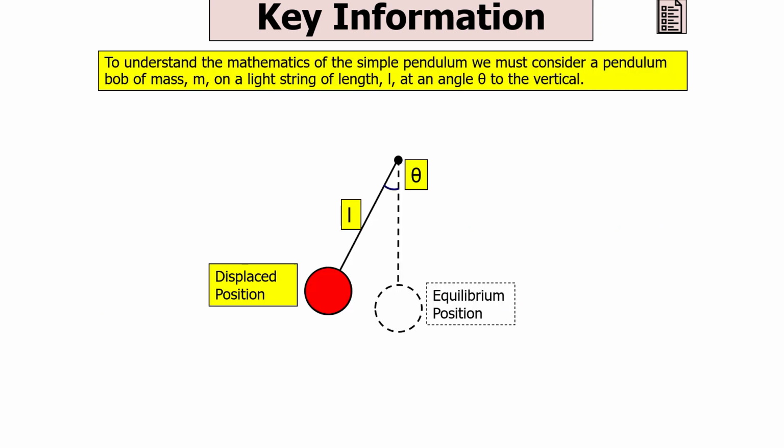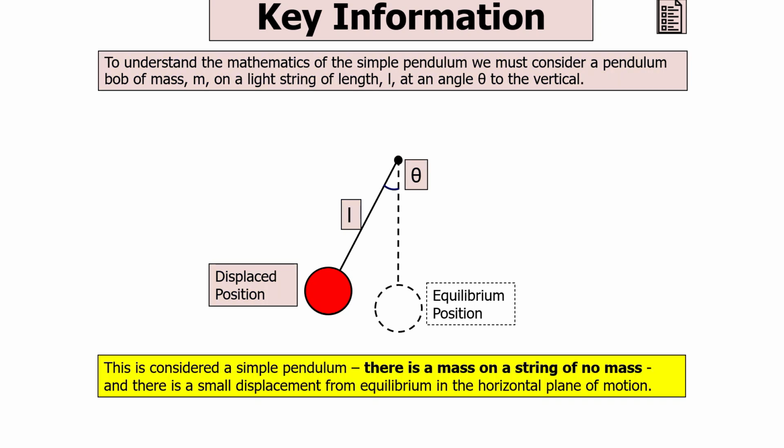Let's now have a look at the simple pendulum. To understand the mathematics of the simple pendulum, we must consider a pendulum bob of mass m on a light string of length L at an angle of theta to the vertical. Now this is considered a simple pendulum. There's a mass on a string of no mass, and there's a small displacement from equilibrium in the horizontal plane